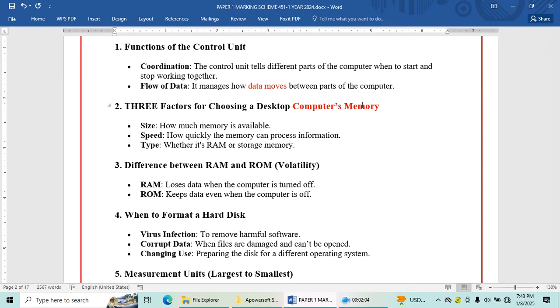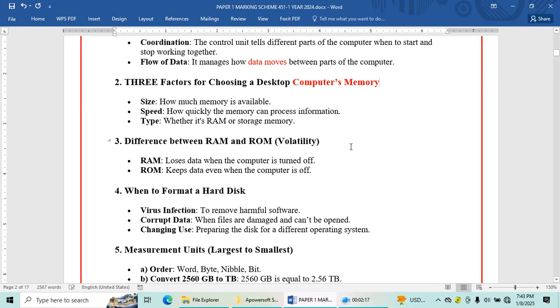Remember, we have different types of memory, whereby we have the read-only memory, and also we have the random access memory. Remember, you must know the difference between the two. And for that case, the examiner went ahead and asked, differentiate between random access memory and read-only memory in terms of volatility.